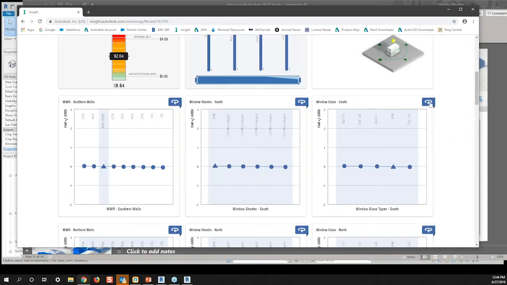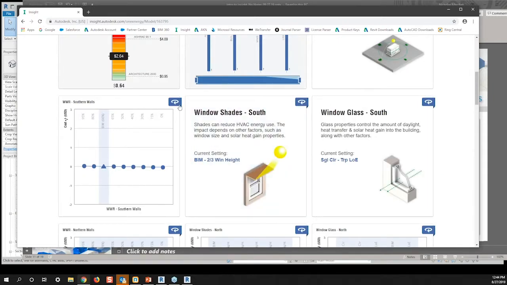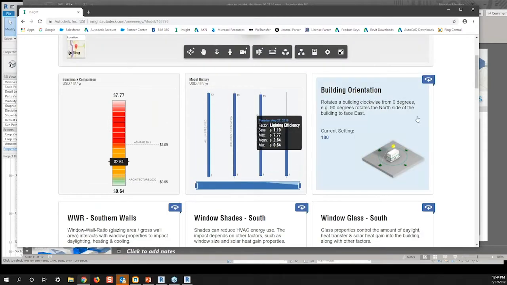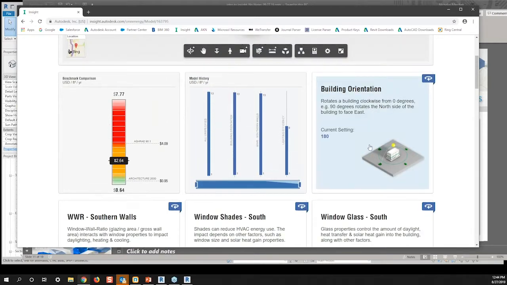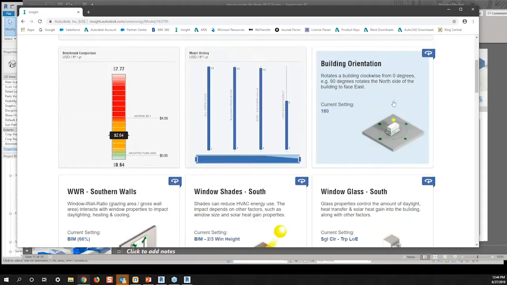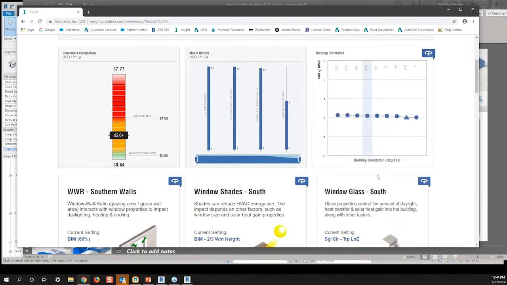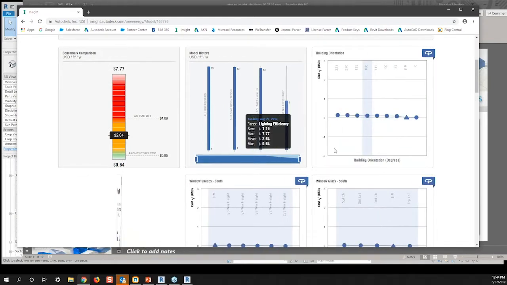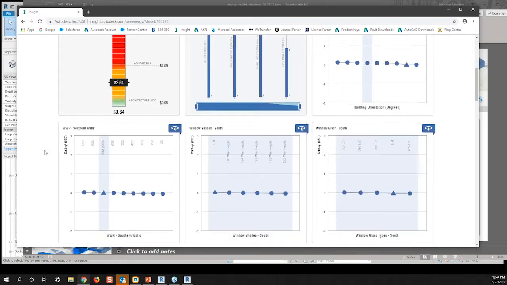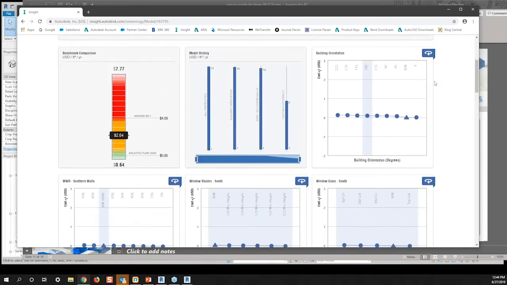The rest of the blocks that we see here as I scroll through, and actually let me just flip a couple of these over. This is actually what you'll see when you first open Insight. So it looks more like this. It gives you a title for each window pane and gives you a little bit of an explanation as to what each one is. As you want to go in and start to explore the range of outcomes with the sliders, you can flip that panel over. So pretty much it gives you a full landscape of all the things that can really drive